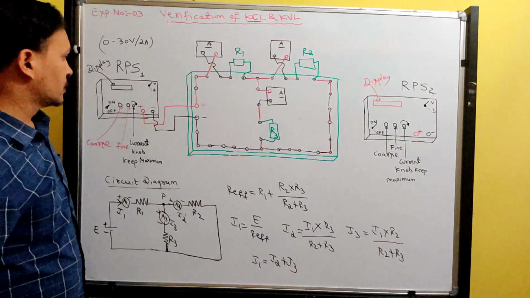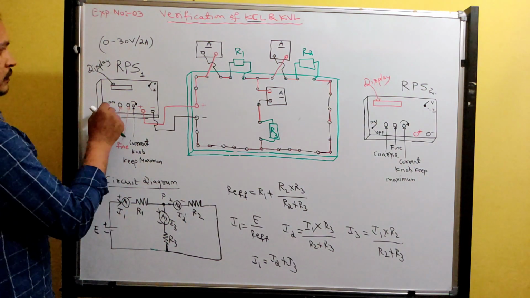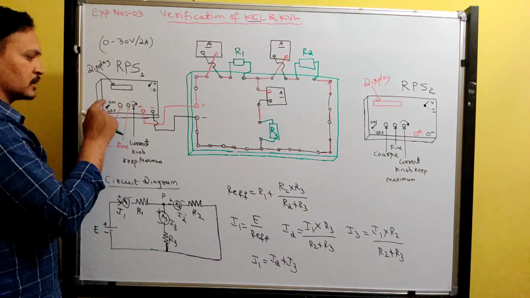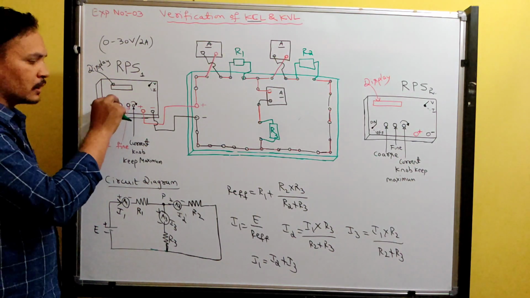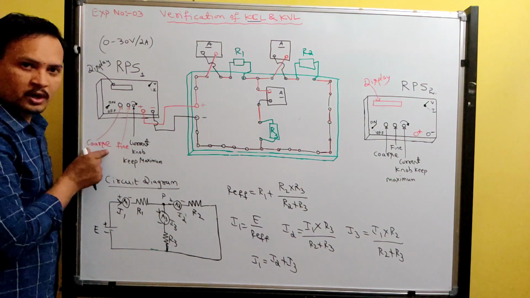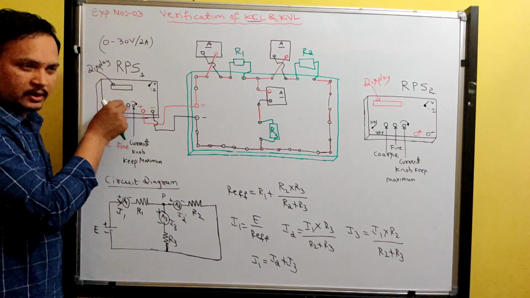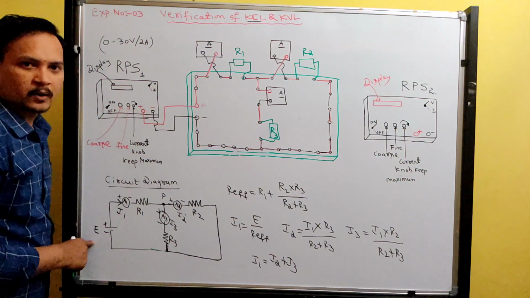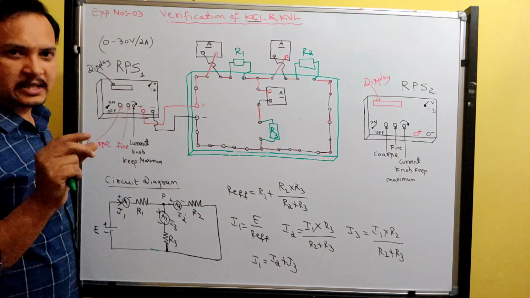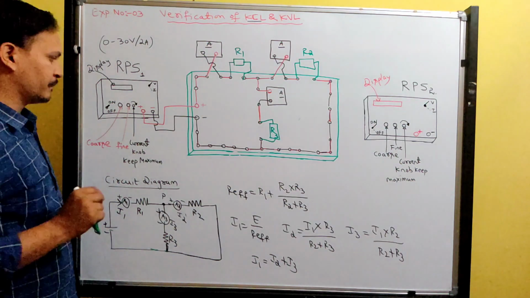You should say it. Okay, first switch on the supply. This should be in voltage mode. Switch on the supply and slowly increase the voltage by varying the coarse button, up to the given value. And this fine button is used for exact adjustment of the given voltage.